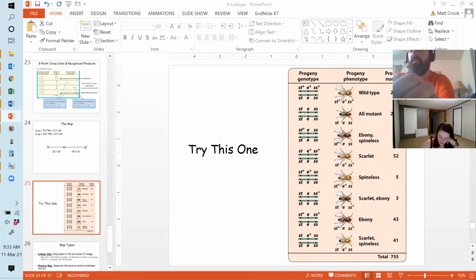Or, and you don't know this, right? It could be the other way around. It could be E, SS, ST. Doesn't really matter for what we're doing. Either is right. Typically, we just do it from left to right as we're given. Okay, so recombination frequency between